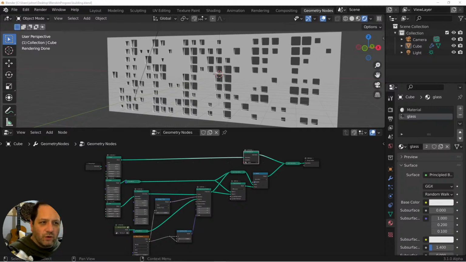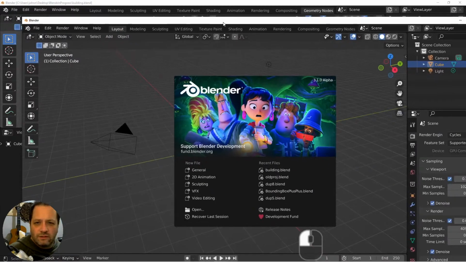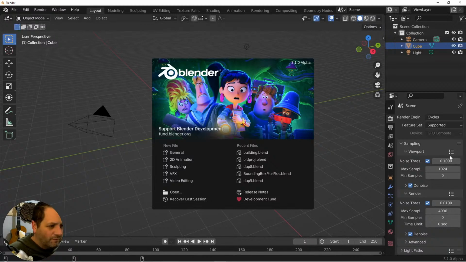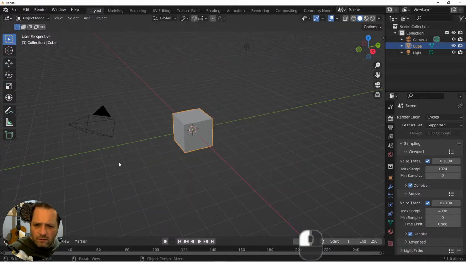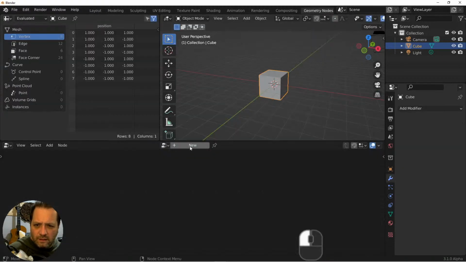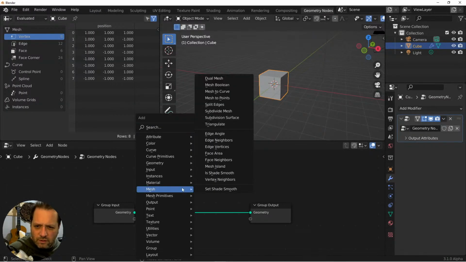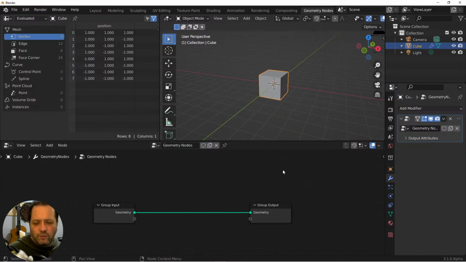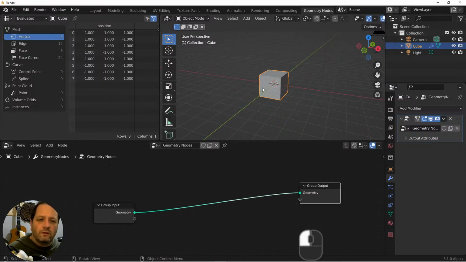I don't know if this is gonna work or not, but we'll give it a try. Make sure this is the right one. Right. Geometry. Cool. All right. So,